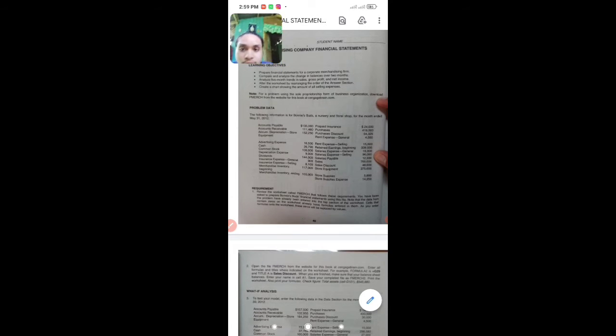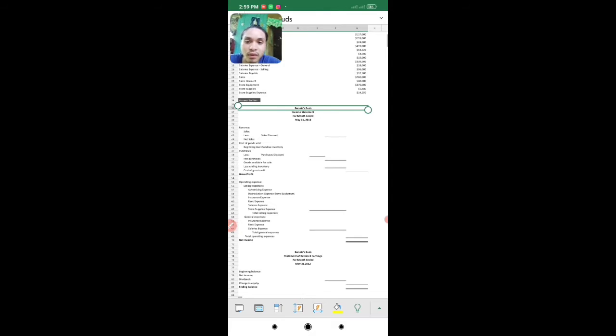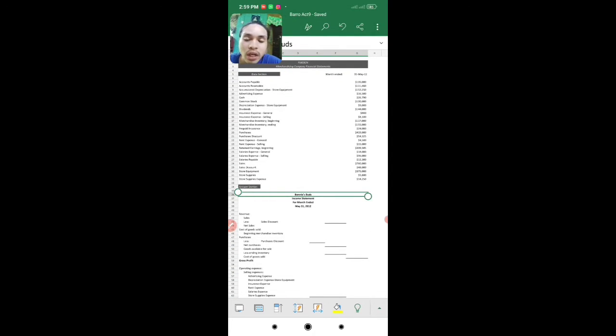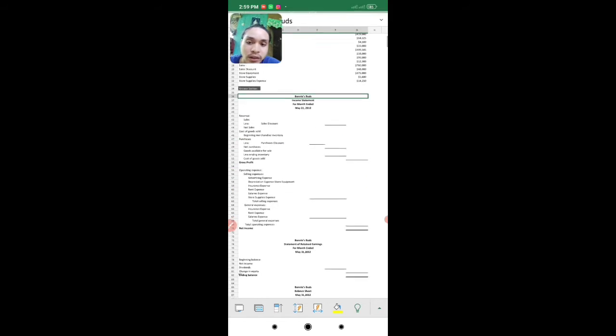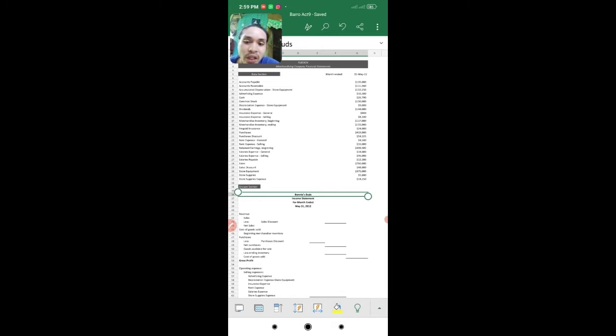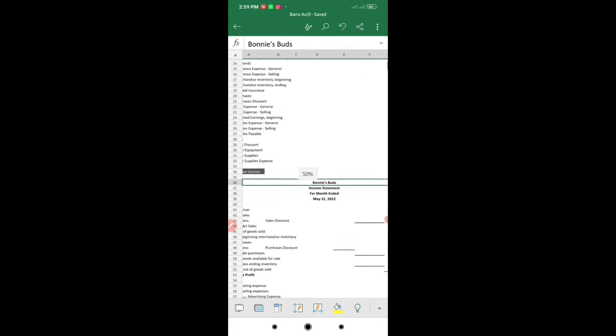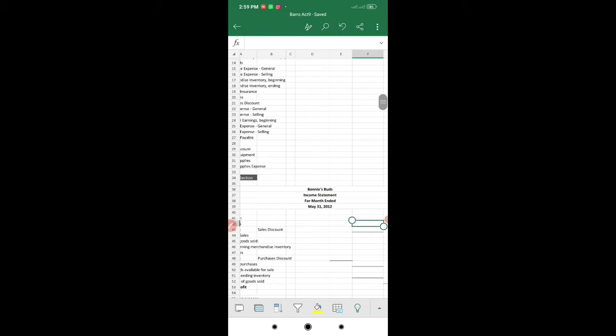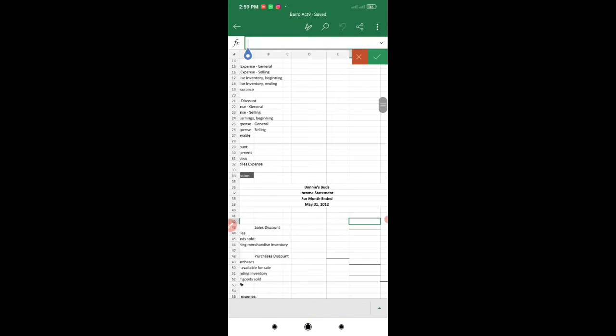In this activity, we have been tasked to prepare a financial statement for a corporate merchandising firm. I already encoded this data, the financial statement, and the format. Since I don't have a proper view of the accounts, and I am only using the mobile app, instead of scrolling up and down, I listed all the accounts and to which cell it belongs. And let's start. For the sales, we have to put an equal sign